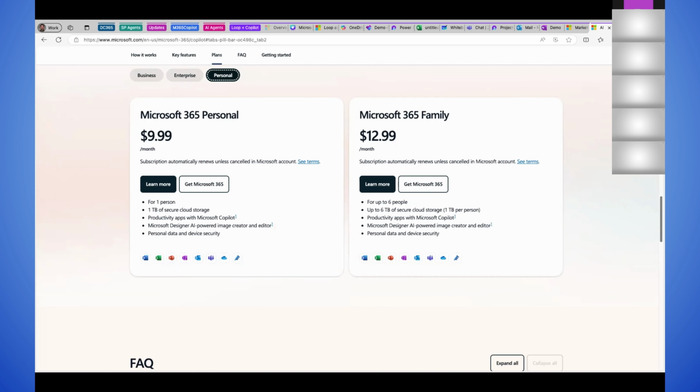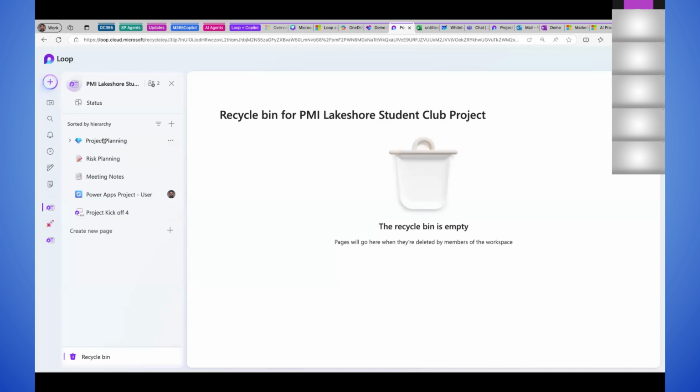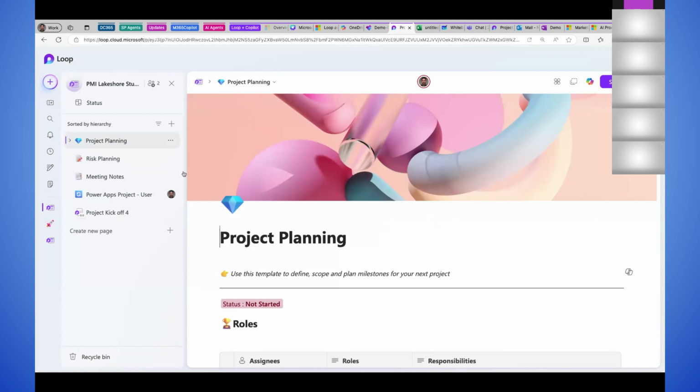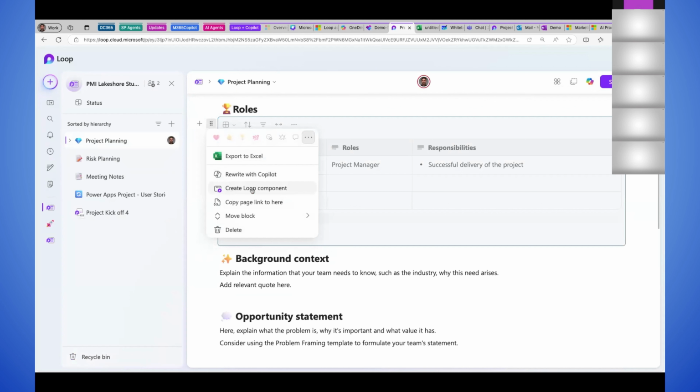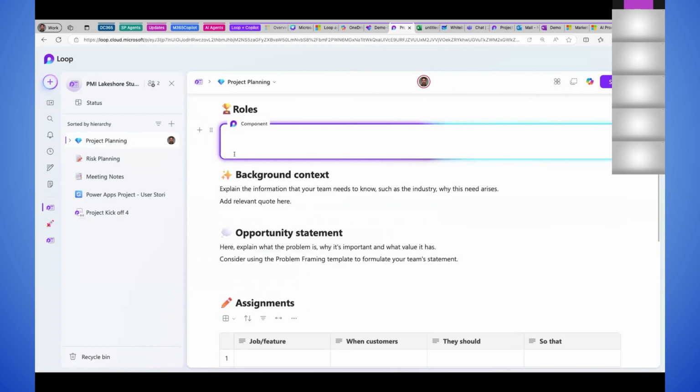Okay, can you share once again how you copied the component in Teams from Loop? Yeah, perfect. So let's say I am in the Loop application. I am here. So right now, I can share this information. I can just share the page. First, we need to make this a Loop component. I can select this and make it a Loop component. Once you are done,